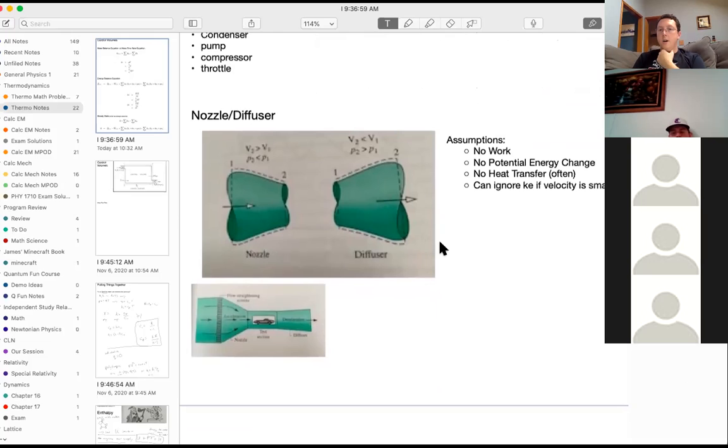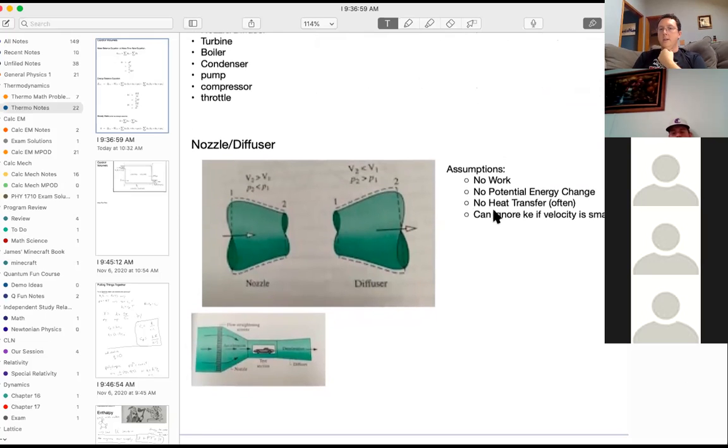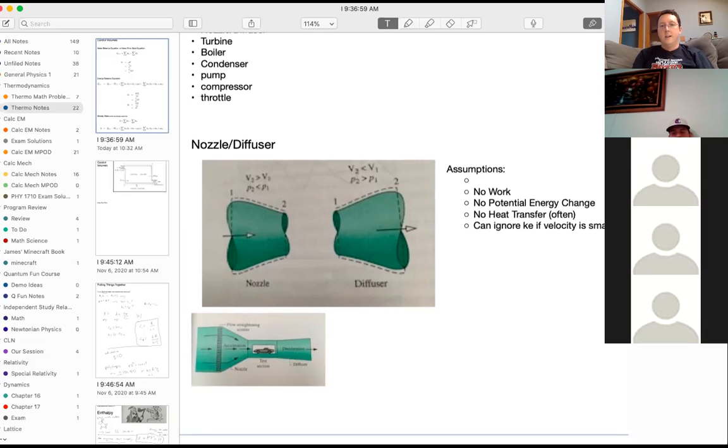All right. So nozzle and diffuser, standard assumptions you can make. As far as a device, the way you're supposed to draw it is some sort of a trapezoid with a line in and a line out. If it's a nozzle, then it is narrowing during the flow. If it's a diffuser, it's going to widen during the flow. And I should have said that. What are standard assumptions for these? The standard for a nozzle,